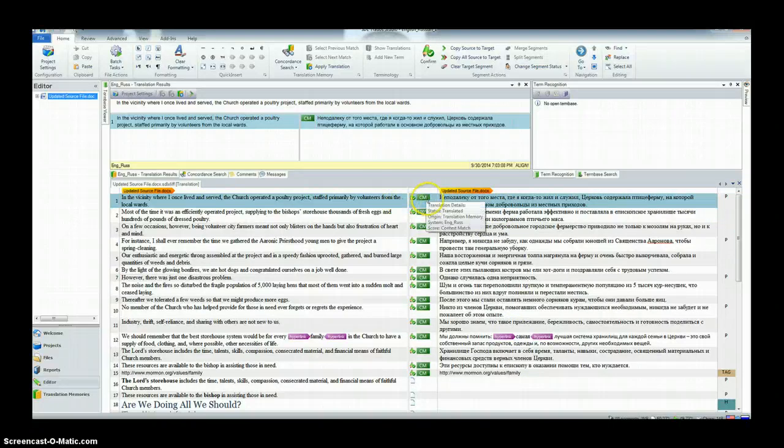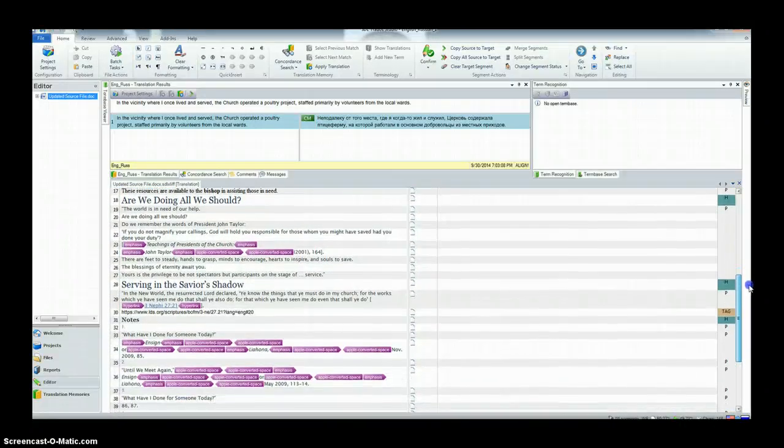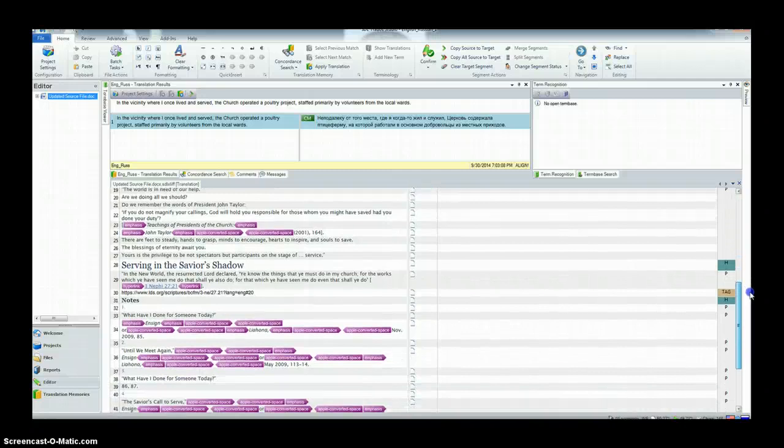Do you also see it says context match, so that means this translation is more reliable. And interestingly, if I go down to the text